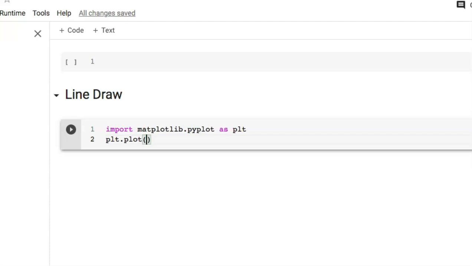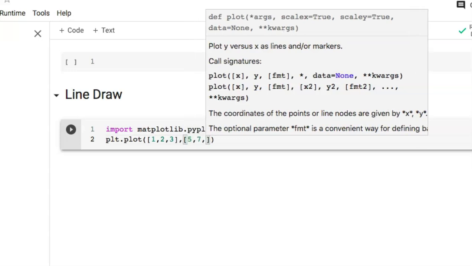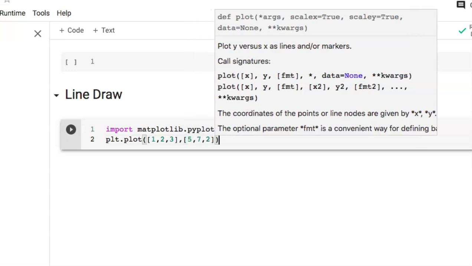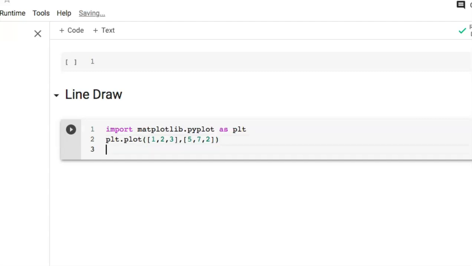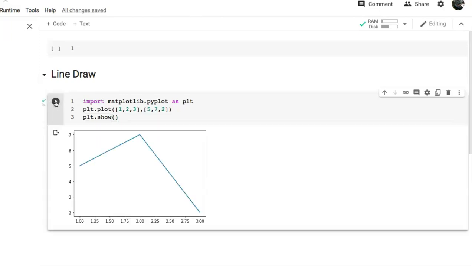So I'm taking the same values 1, 2 and 3, then comma, and for y coordinates it's 5, 7 and 2. And finally we have to call the show function to display the lines. Now let's run this program, and we got lines here from the points 1, 5,